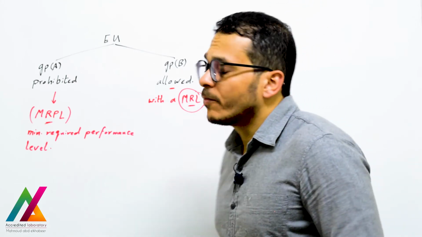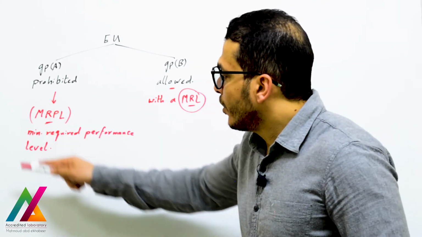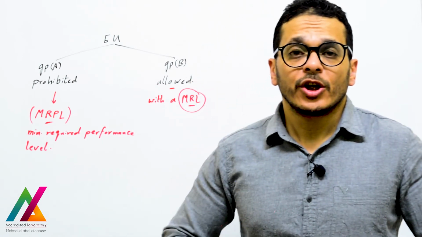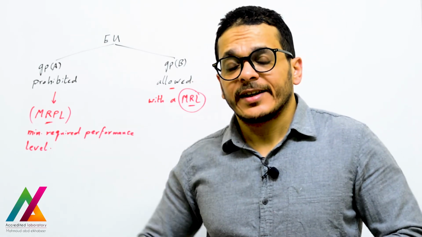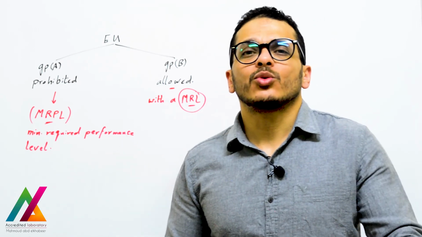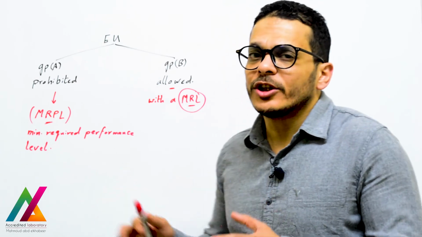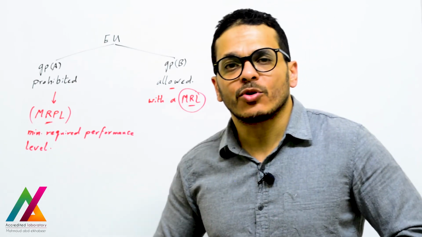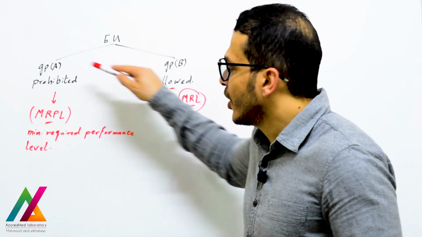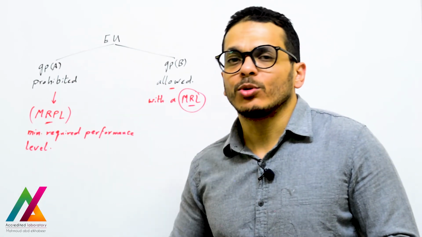But in the case of prohibited compounds, they established the MRPL, the minimum required performance level, for each compound. Higher than this level, the product will be rejected. Lower than this level, the product will be accepted. And that is only to harmonize the analytical performance of the method. If you want to develop any method to analyze these compounds, you need a number to be able to quantify.